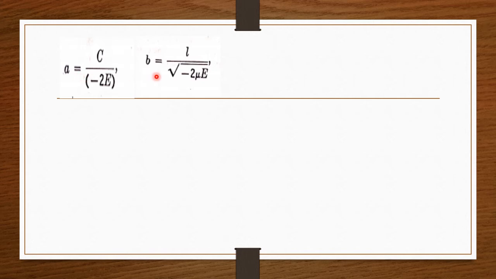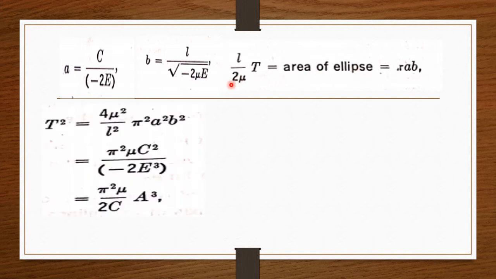Therefore, substituting that a and b in this relation, you take 2 mu and L to the right hand side and substitute for a and b. You get T square is equal to 4 mu square by L square pi square a square b square. Substituting a and b, you get T square is equal to pi square mu by 2C A